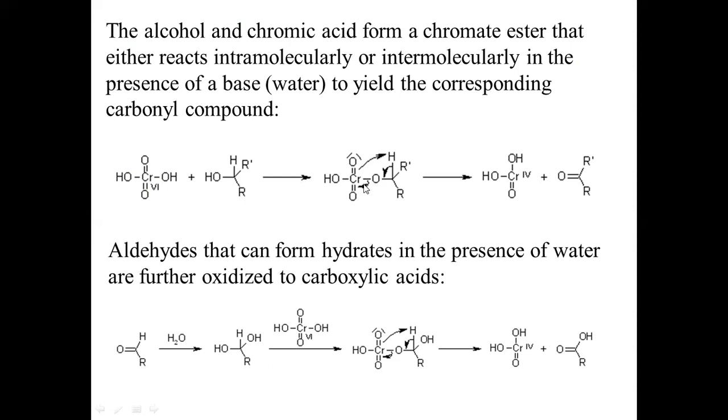With the dehydration, it results in the formation of chromate ester. This is called a chromate ester. This chromate ester, in the presence of a base, or simply you can use water. Here water also acts as a base and it abstracts this acidic proton. The reaction may take place intramolecularly or intermolecularly. Then what happens? With the abstraction of proton intramolecularly, you get this molecule.